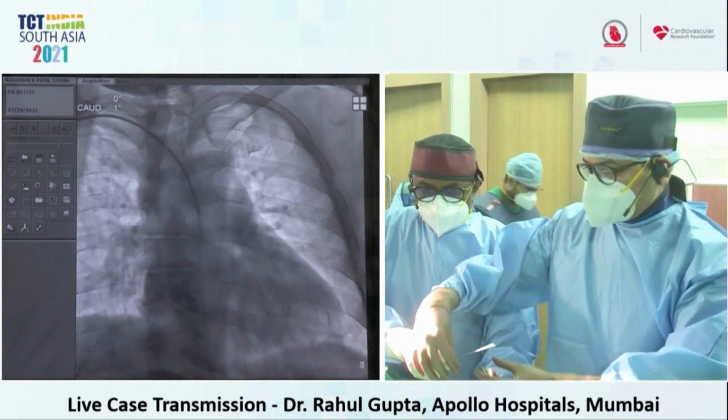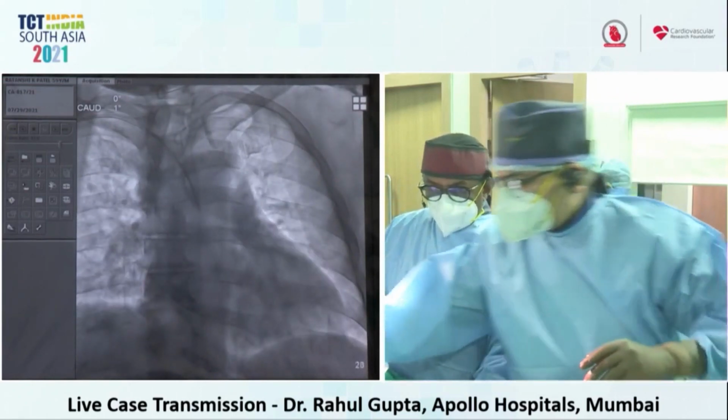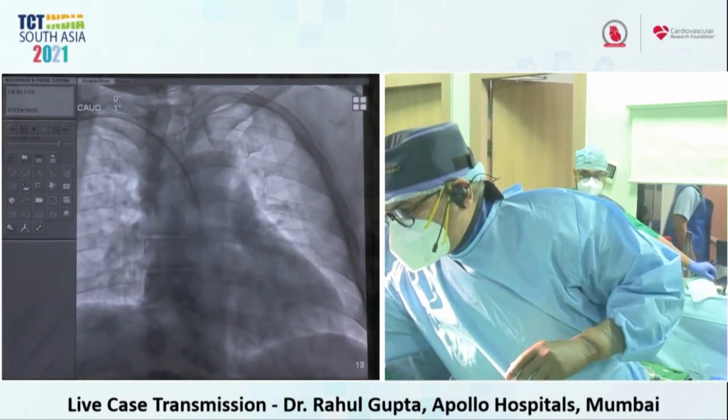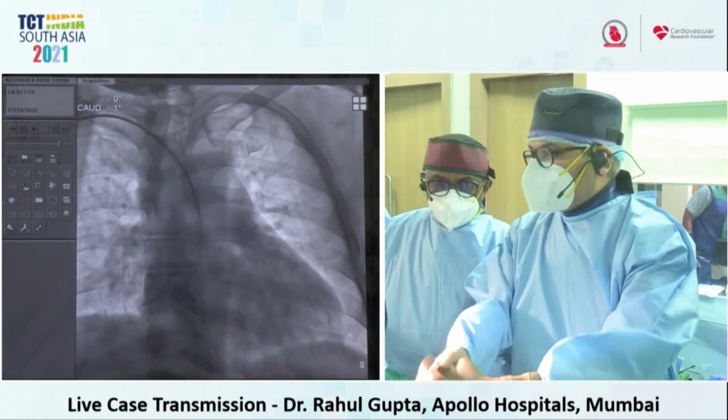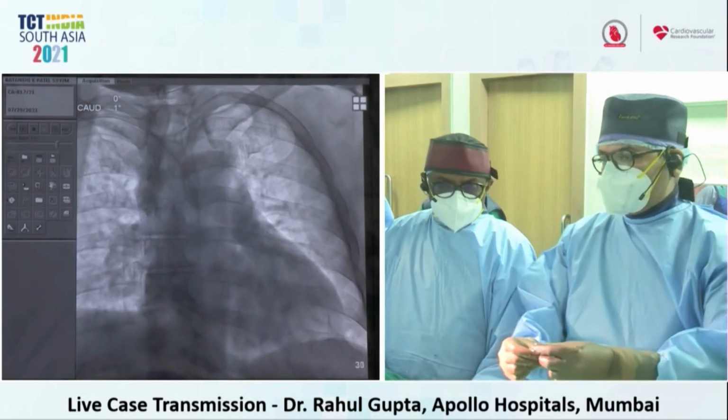You also don't necessarily need to use the 0.021 wire in the kit. You can use the same wire that you have been using for your normal radial punctures. Yes, exactly, the same wire. No, it is the one which is available with it, so I'm just describing the kit, but we can use it.